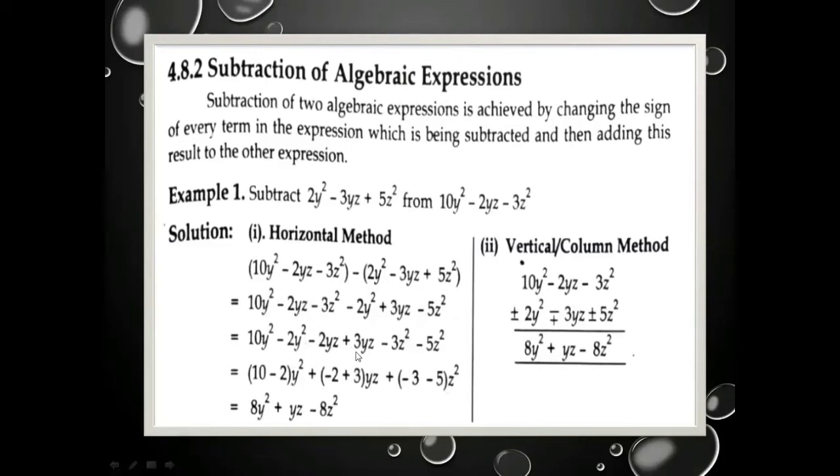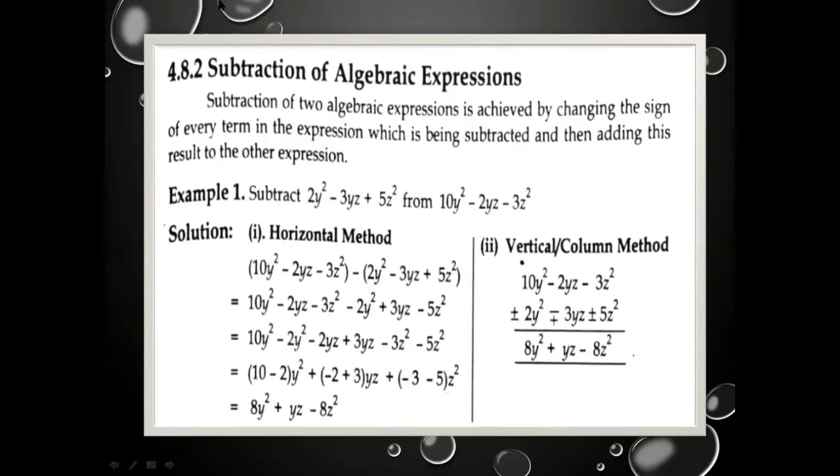From the second, there is a minus sign, but as always we will put here a plus sign because within the bracket we will write their coefficients with their respective sign. We see the respective sign of the third term is minus 2, so we will write here minus 2, and the fourth term is plus 3, so we write here plus 3, and we enclose the coefficients within a bracket and write yz out of the bracket. From the third, again we write a plus sign and separate out the coefficients of the last pair, that is minus 3 and minus 5, within the bracket and z square out of the bracket.